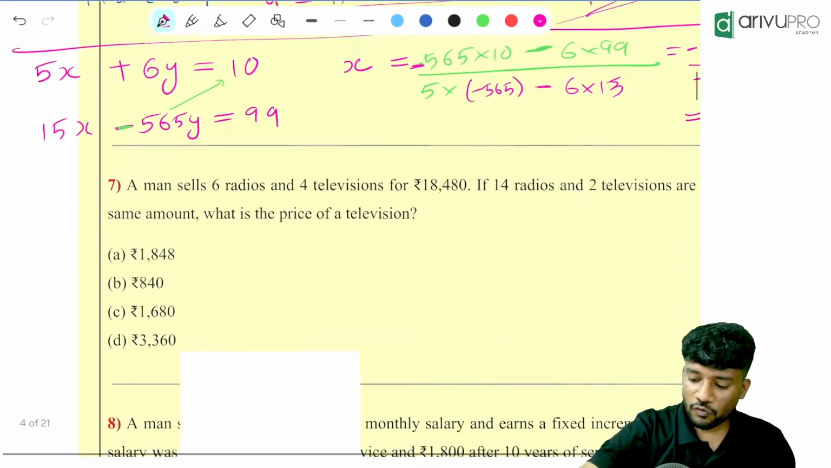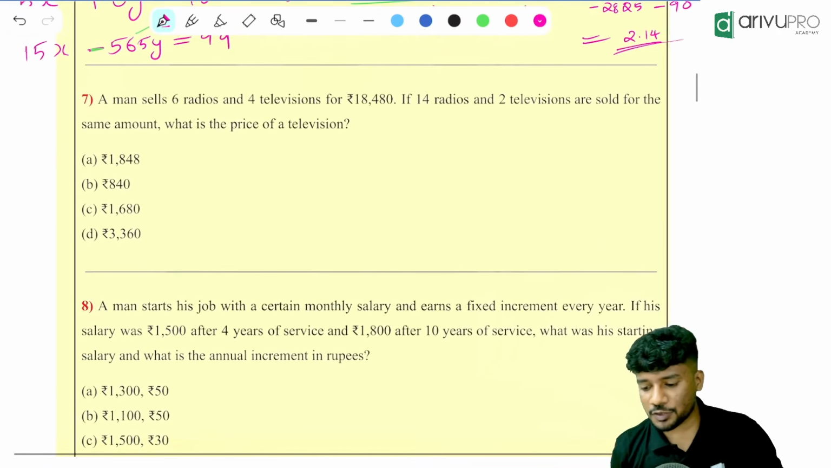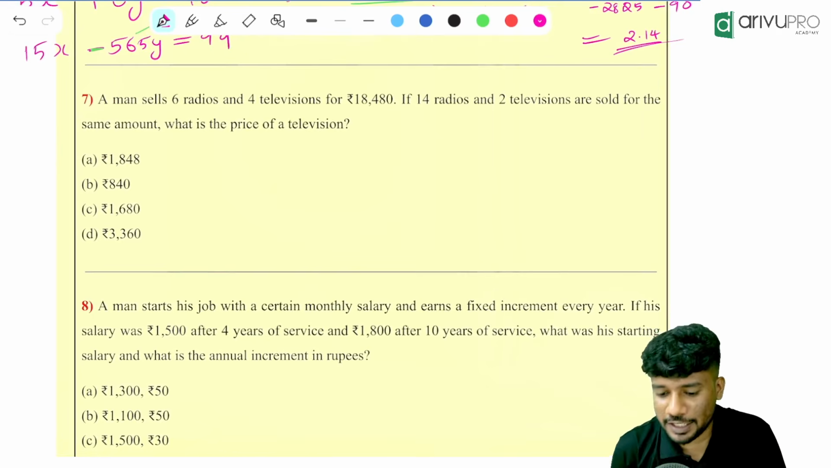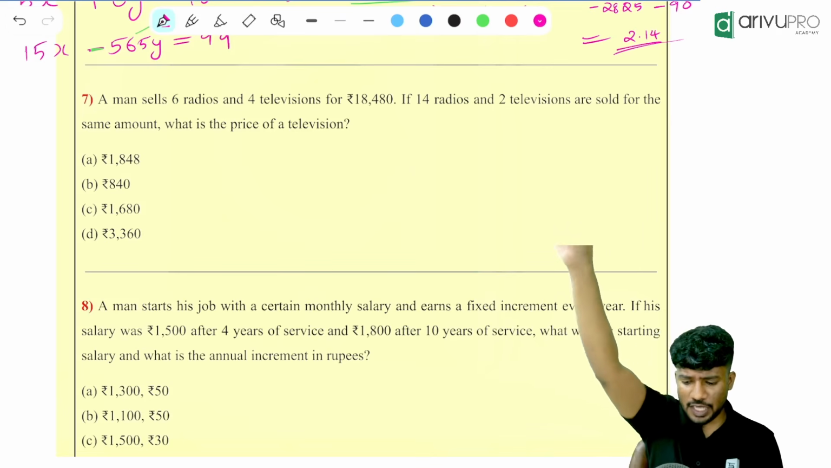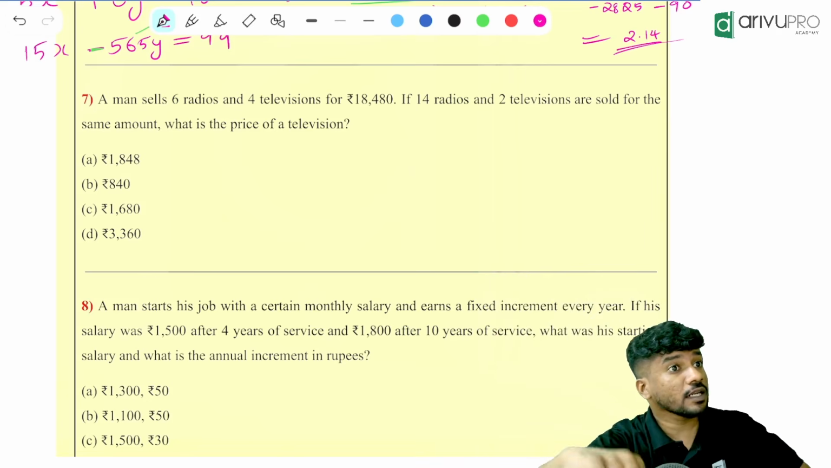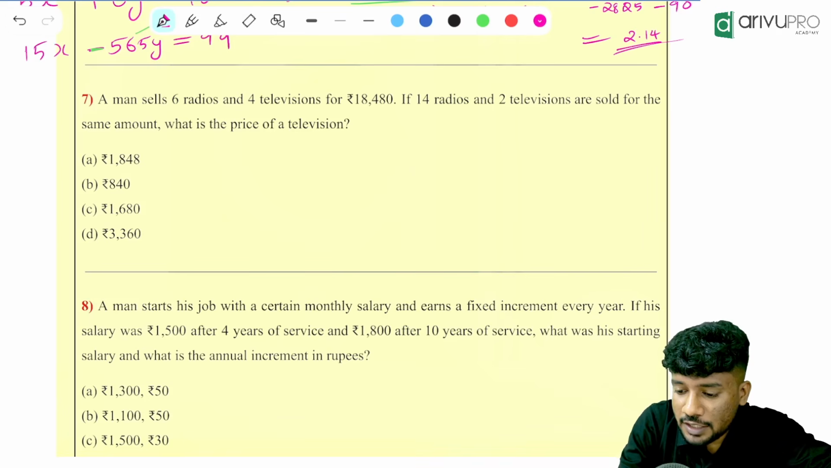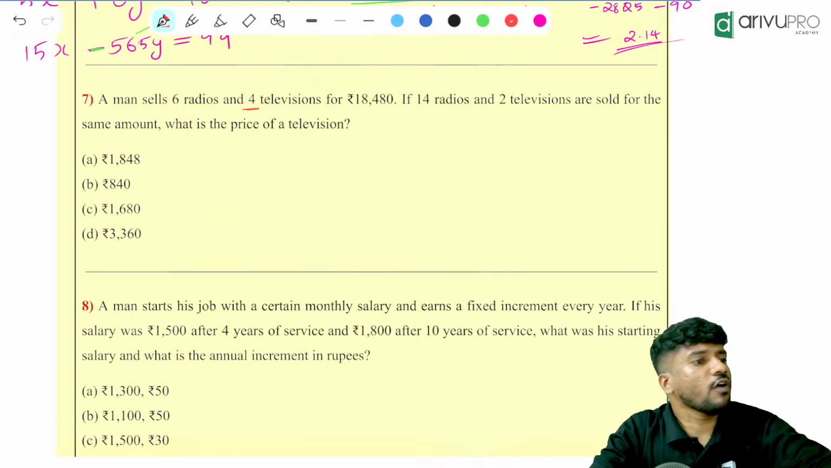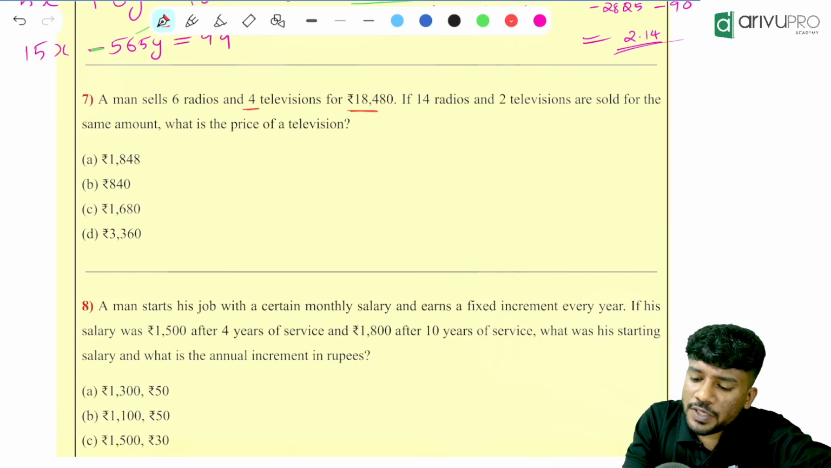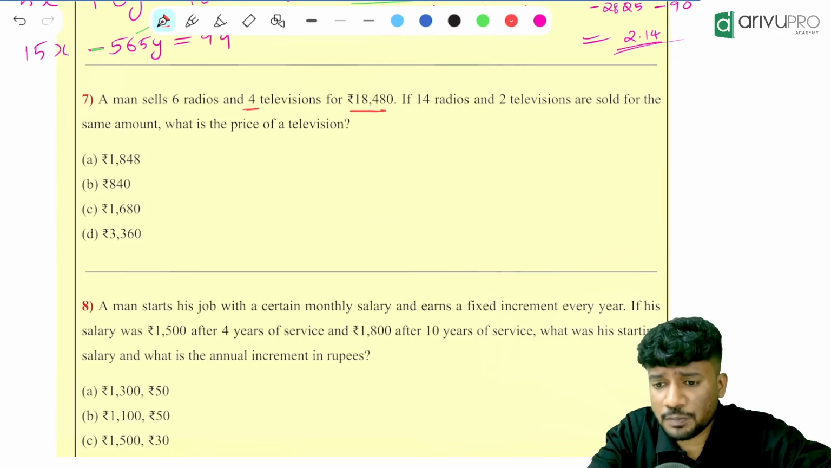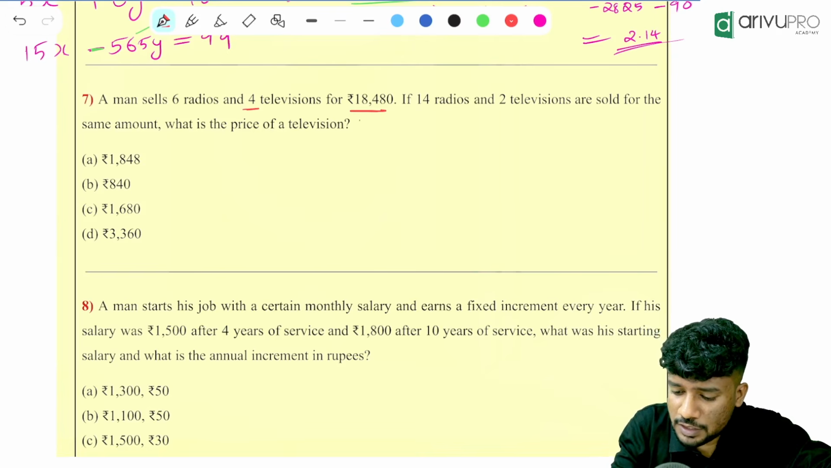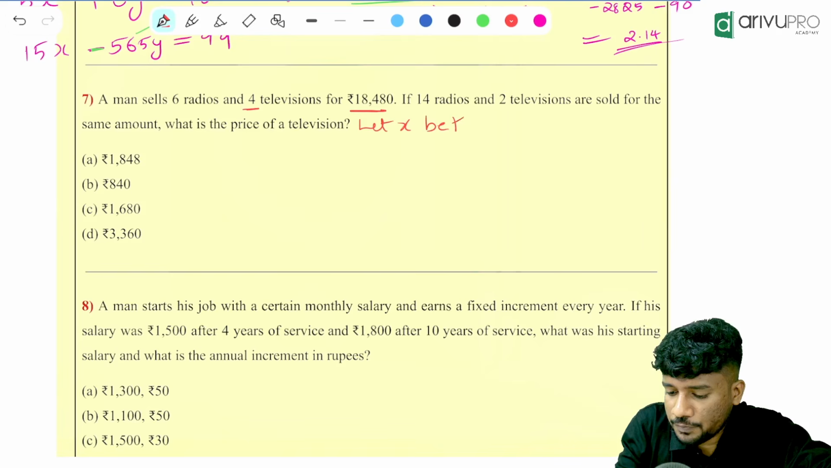First question, people. Have a look at this question. You will understand it and accordingly try to get me the answer. A man sells 6 radios and 4 televisions. How many radios are there? 6 radios. And how many televisions? 4 televisions, for 18,480 rupees. Do you know the price of radio? No. We will assume. Let X be the price of radio, and Y be the